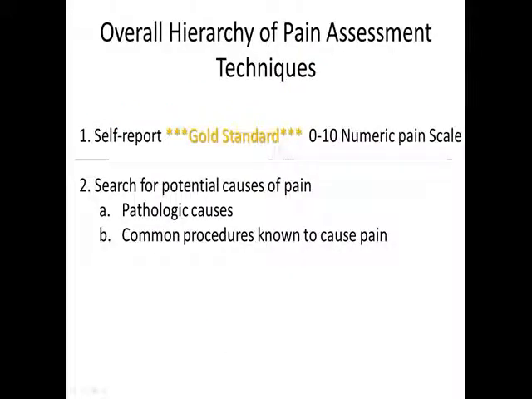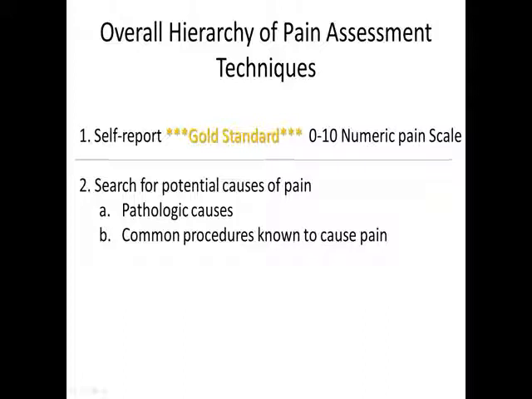Okay, so in patients that can self-report, that's the gold standard. We ask them to rate their pain score. Now, the first thing I do in patients that can't self-report is I search the medical record for potential causes of pain. Did they come in with any pain-inducing pathology,